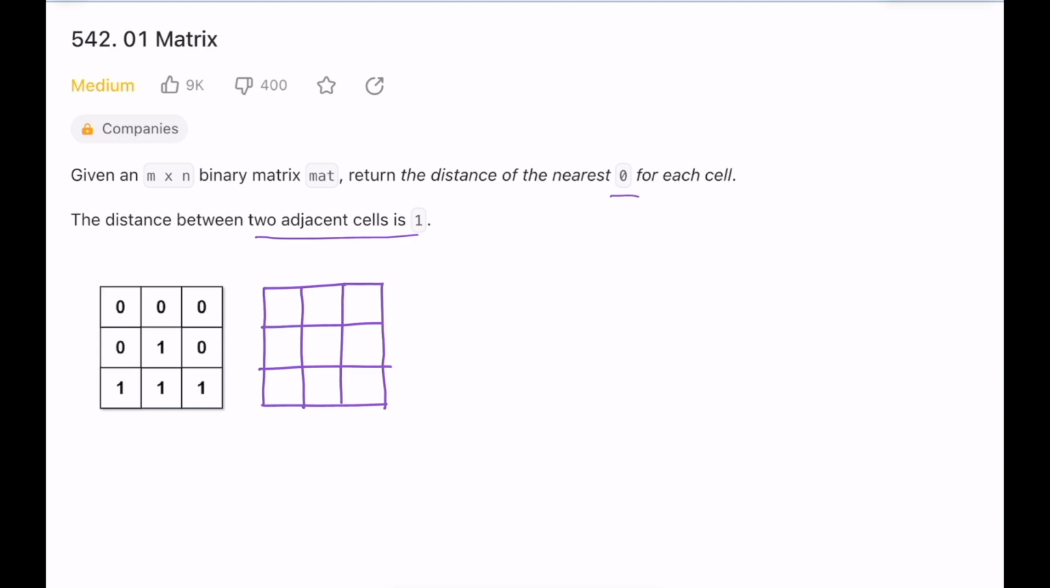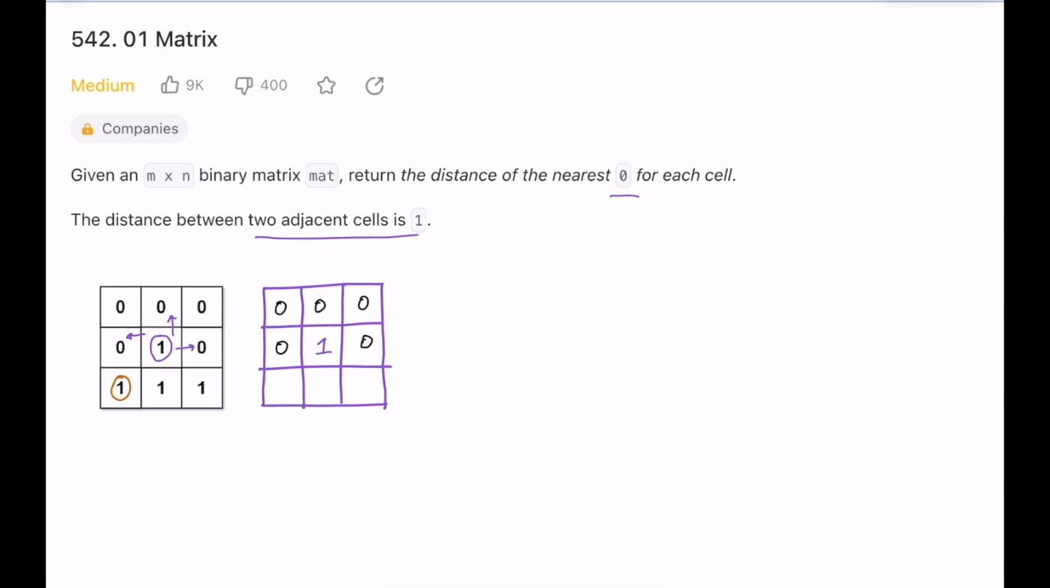cells, because for the cells that are already 0, the distance to the nearest 0 is 0 itself. So let's first fill this distance matrix with zeros for all the cells that are already 0. Next, we process the non-zero cells. For example, the cell at the center of the matrix. The nearest 0 is these three adjacent zeros at distance 1. So we fill 1,